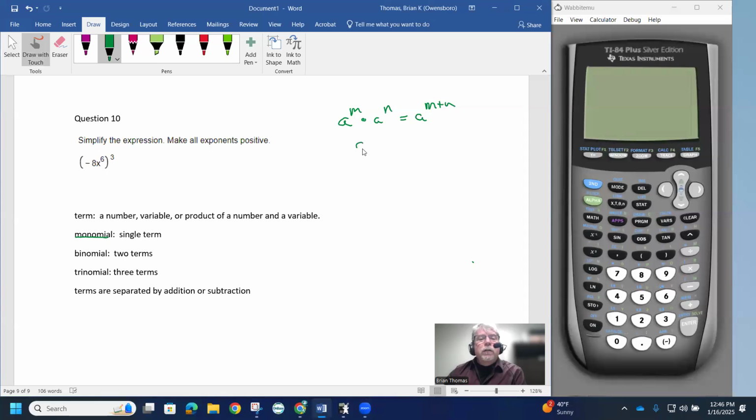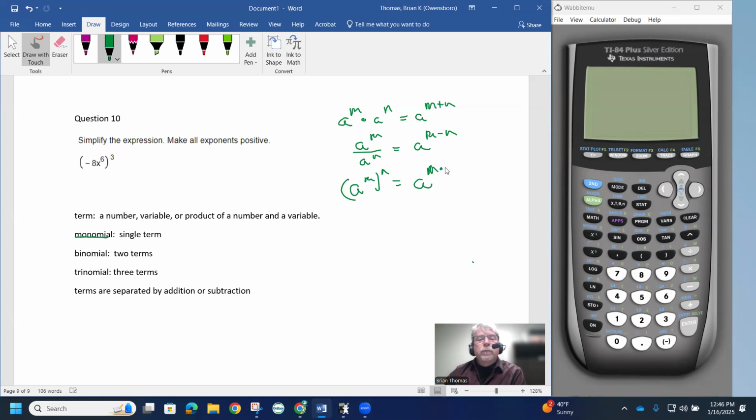Then we have a to the m divided by a to the n, same base. We can subtract the exponents. That's what's called the quotient rule. We also have a to the m raised to the nth power. If we have a power raised to a power, that's called the power rule, which means we multiply the exponents m